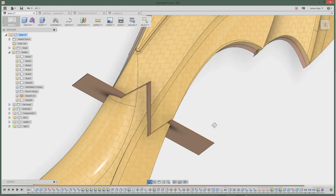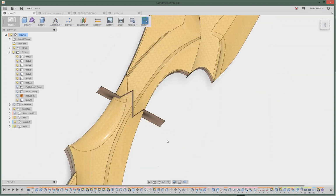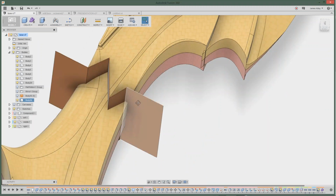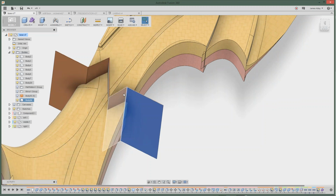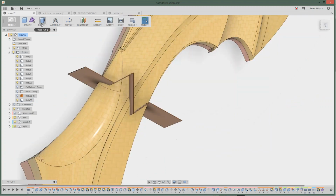All right, so now we want to take this body and we want to split it using that tool. We can't use the split feature anymore because this is a weird shape. Split's going to want to do a straight plane. I mean, we could use the split tool and select this face, but all this work we just did, thickening and making this fancy cutaway, it won't matter. So instead, we're going to do a combine. If we go Modify, Combine,